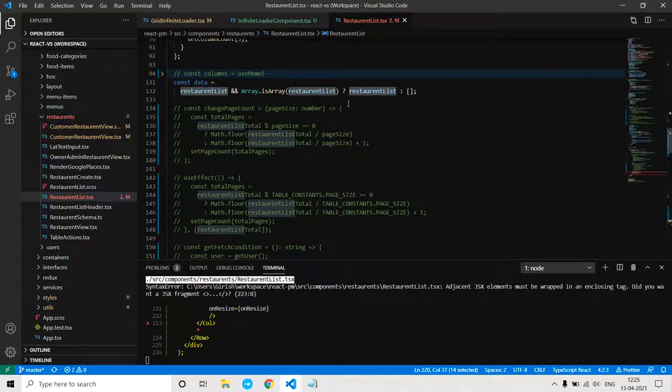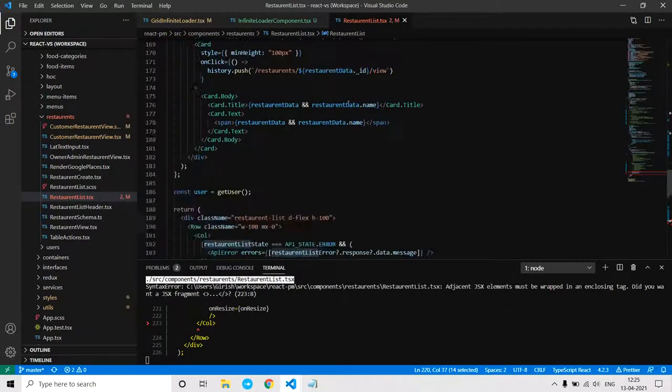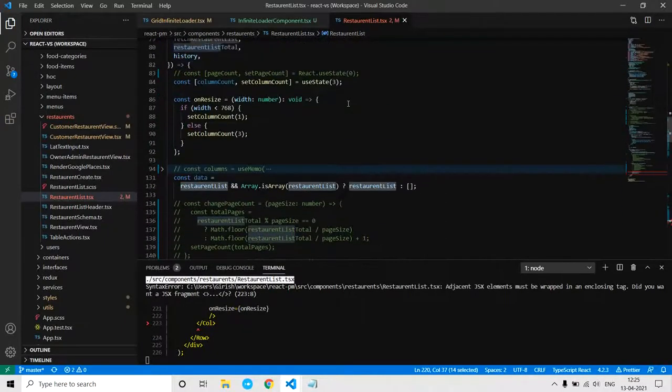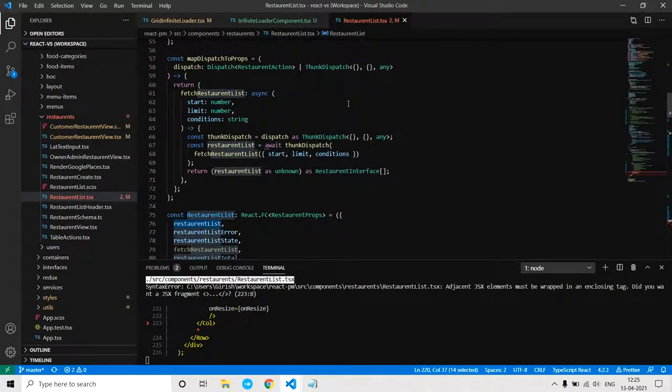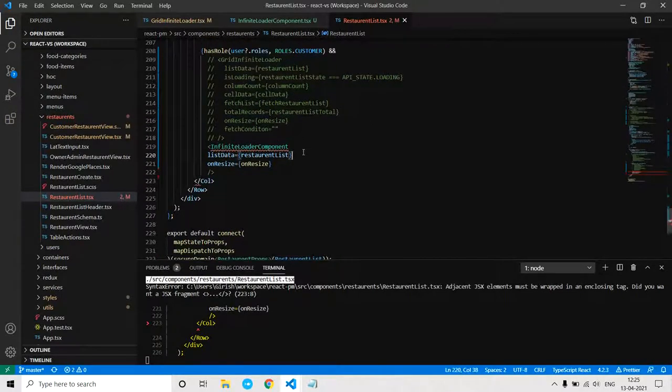We get this restaurant list from the API, so it is a list of records that I get as a result of making an API call. I'm using Redux here, but you don't need to bother about these things. Here the restaurant list is nothing but a list of records.